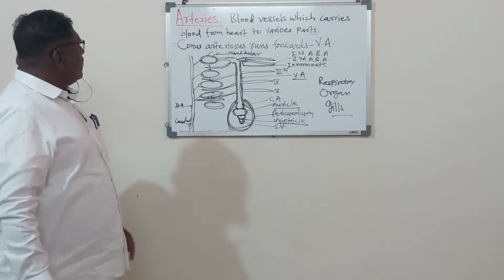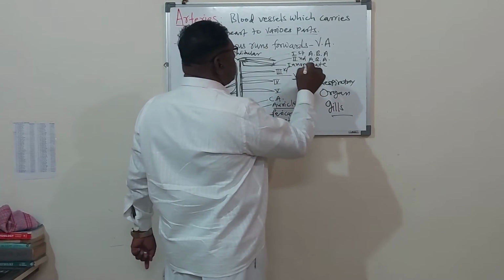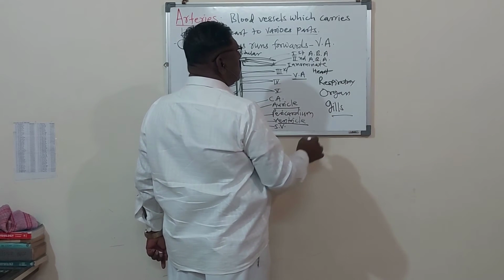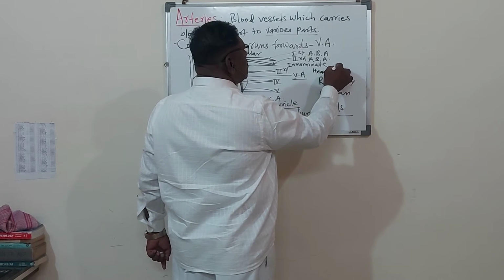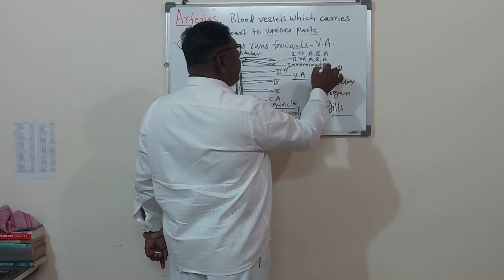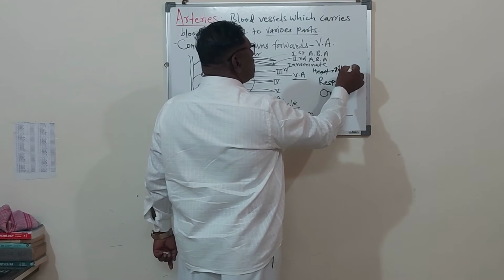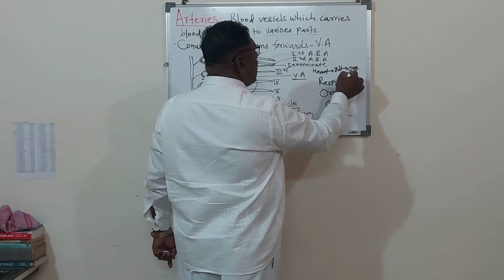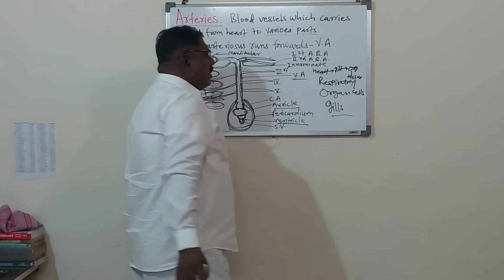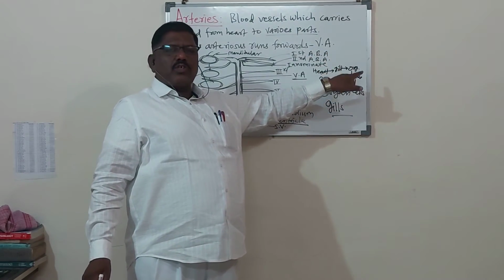So here I will show you the arterial system. From the heart, blood goes to the gills. From the gills, purification takes place. From the heart, force is created, and blood with the help of arteries is supplied to the different organs. Organs have tissues, and tissues have cells. So pure blood, with the help of the heart's pressure, is supplied to the different parts of the body up to the cell.